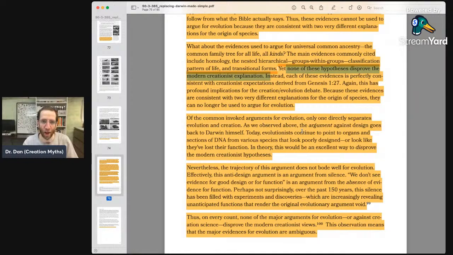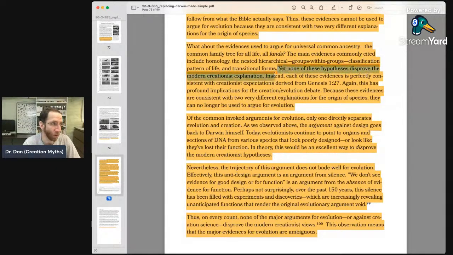But you can compare sequences that are unconstrained across kinds, and what you get is nested hierarchies. You get the same pattern, which means you're falsifying a direct prediction of the creation model. There's actually been papers on that looking at things like codon bias, the wobble sites where you can have variation in the actual exon sequence, the protein coding sequence, and still get the same amino acid sequence. And looking at those bases that are variable, you could actually derive the nested hierarchical pattern from those, even though according to creationists, you shouldn't be able to do that. So he's actually just wrong here.